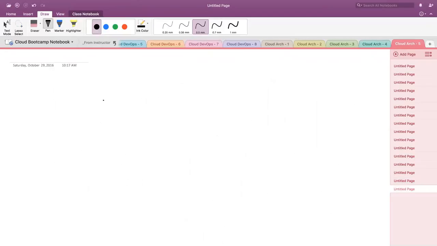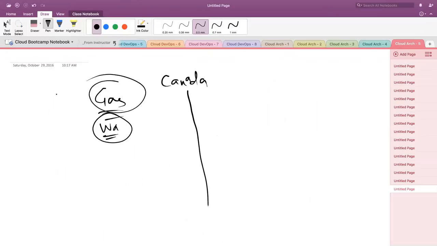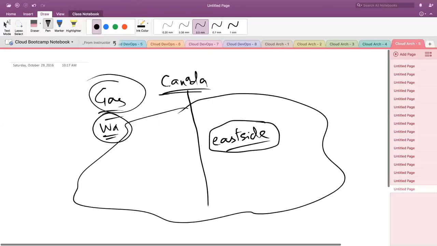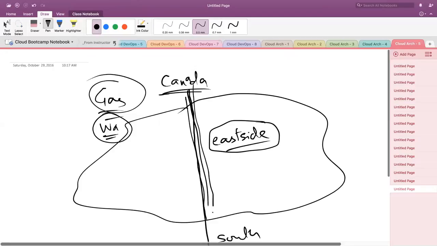So, many of you know that there is a gas pipeline that travels from Canada and it goes through our state, the Washington state. The gas pipeline is, I forget the name of the company, but it pretty much goes through the east side. That's what supplies our gas to our area, our neighborhood, where the east side people live, maybe parts of Seattle also. But this huge pipe that comes from Canada goes all the way south somewhere, traveling through our area. And so this pipeline, the gas pipe,